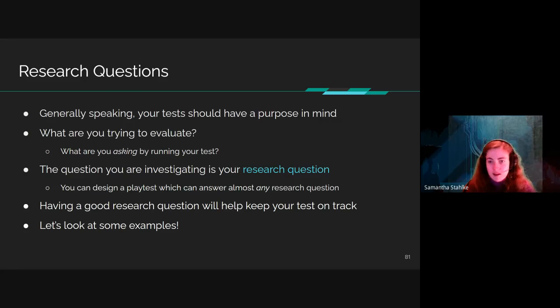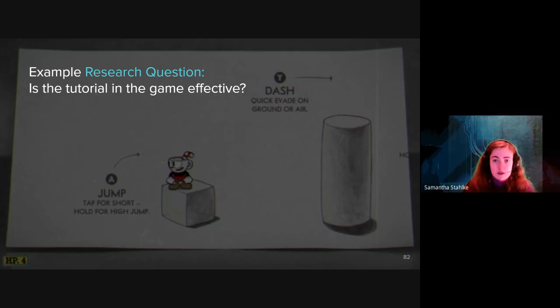So let's look at a couple quick examples. One example of a research question could be, is the tutorial in this game effective? And shout out to anyone who knows why I put up Cuphead here. I'm not saying that Cuphead's tutorial is bad. All I'm saying is that the experience that that journalist had with it was hilarious. And I don't really blame the journalist, to be honest. He was upfront and honest about saying that this was not at all the genre of game he was used